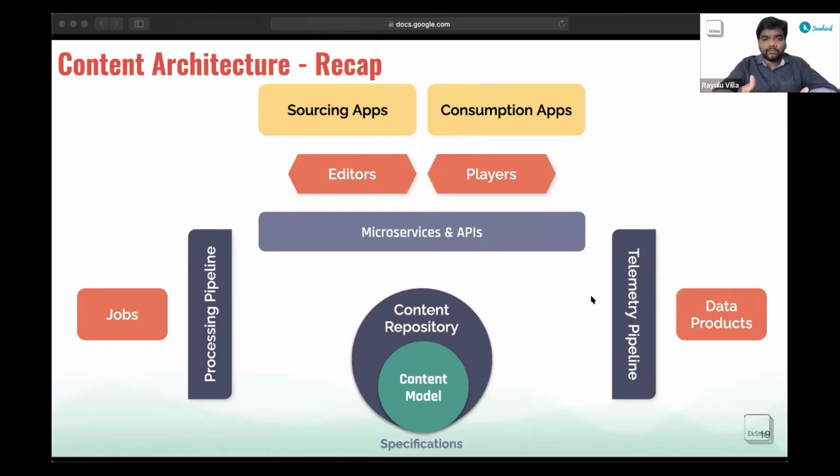So as I said, the reason for doing this recap is that collections are also enabled in Sunbird using the same architecture. All the building blocks are the same. We just added a collection model and collection repository to the same infra to enable collections in Sunbird. So we'll now look at some of these constructs again to understand how they are used for collections. And after that, we'll also look at the aspects of collection architecture that are different and not there in content.